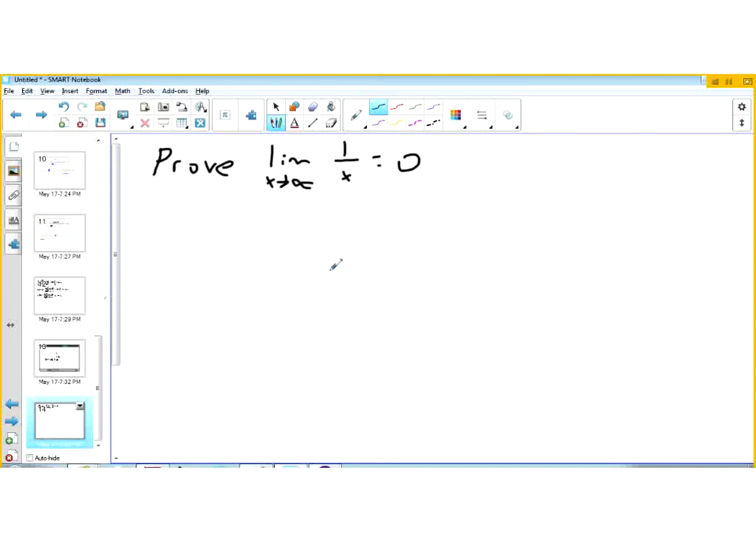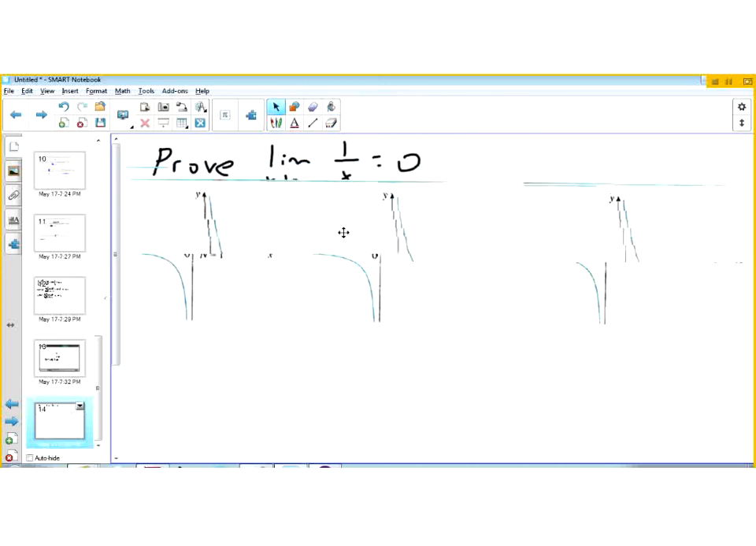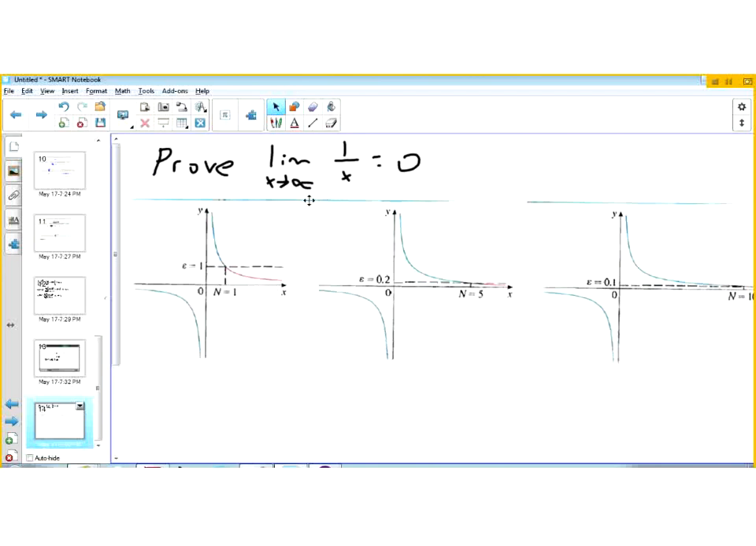So we want to prove the limit as x approaches infinity of 1 over x is equal to 0. All right, and here's an epsilon-delta structure. So if epsilon, say, equals 1, and we choose n equals 1, then we see that for any value of x greater than n, the output will never